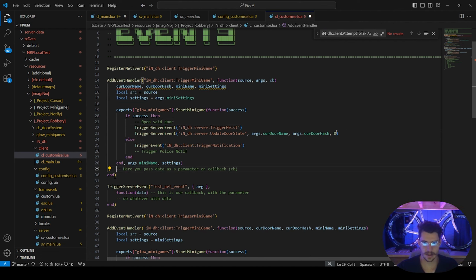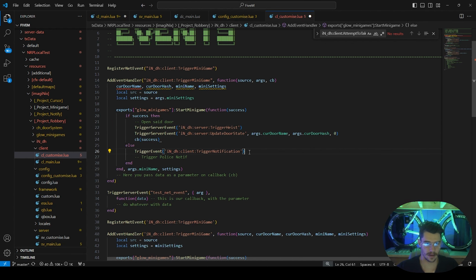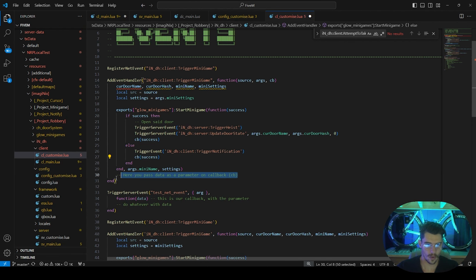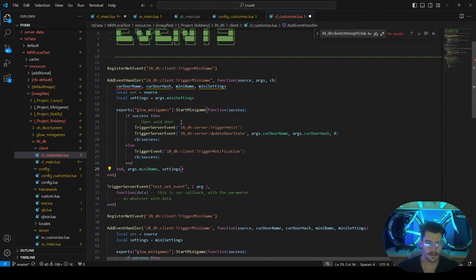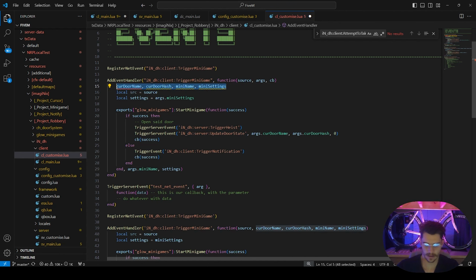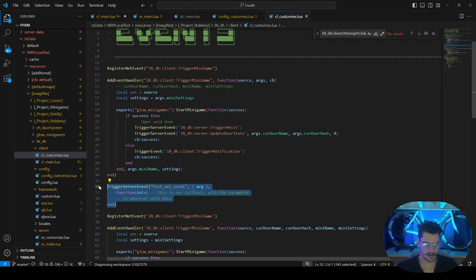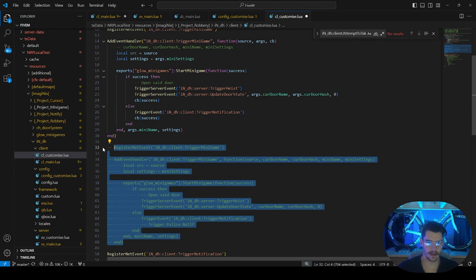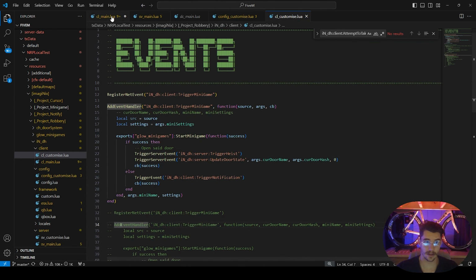So we just take that out, slap it in there, right? And there as well. So we'll just have the callback. Right. That we will do that with args. Will be not trigger event, so we'll have to cut that out. Trigger minigame, register net event, and add event handler. We already have that, so let's go into our client main,